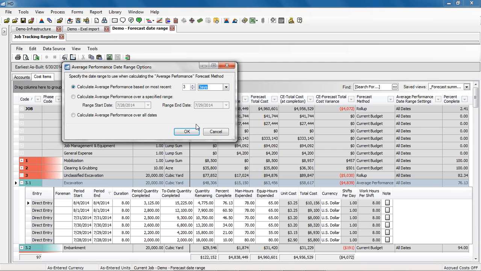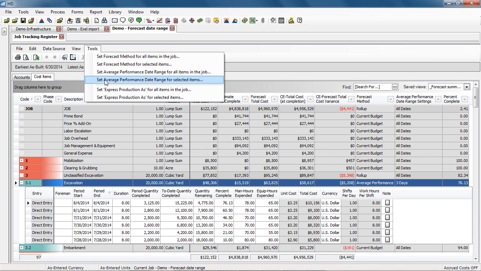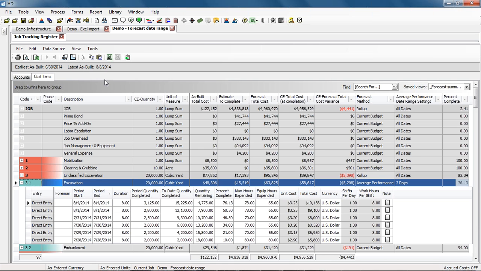So if I want to look back at the last 3 days, for example, I can choose that option, hit OK, and it's telling me here on my average performance date range settings, I have that displayed here. It's looking back at the last 3 days. So it's taking the average of these 3 entries, multiplying it by my remaining quantity to calculate my new ETC number. So again, I can come up here, Tools, set average performance, date range for the selected